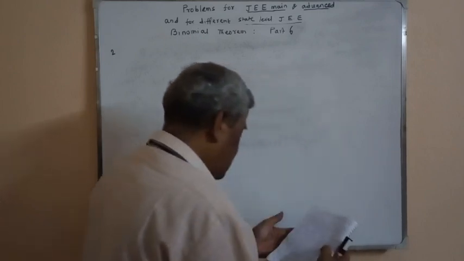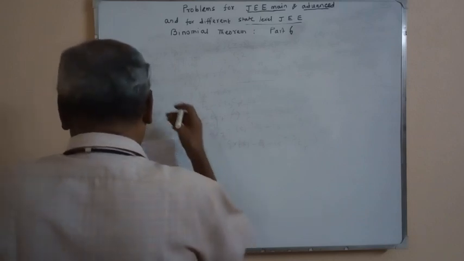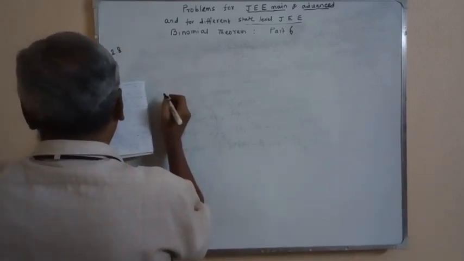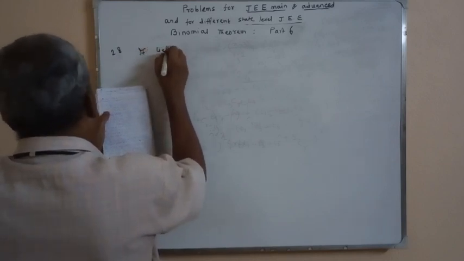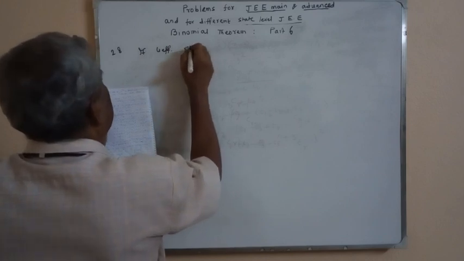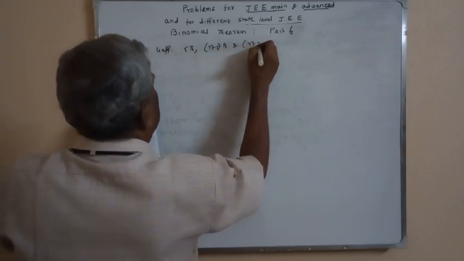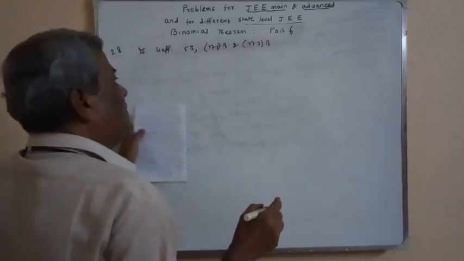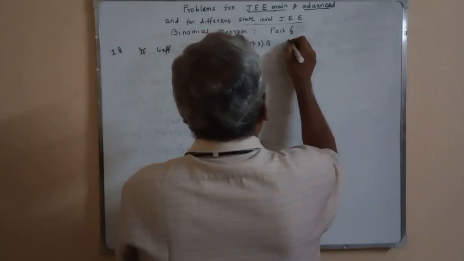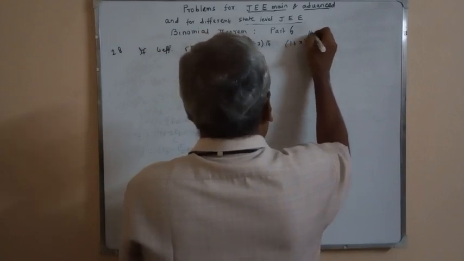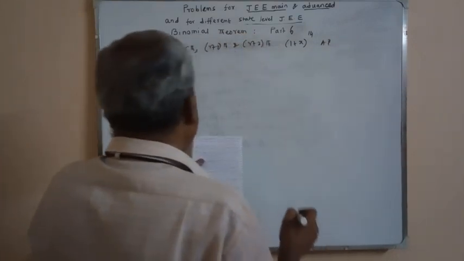It is problem number 28, and the problem is, if the coefficients of the rth, r plus 1th and r plus 2th terms of (1 plus x) to the power 14 are in AP, then r is equal to